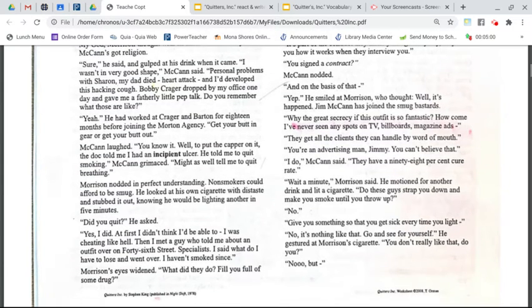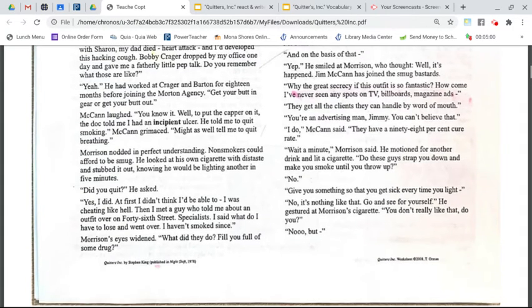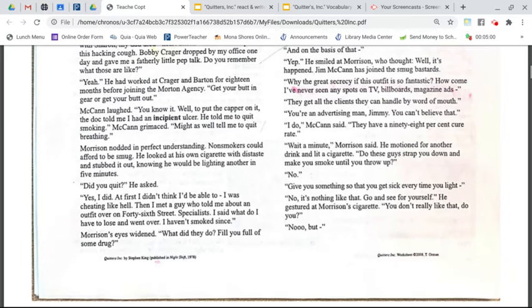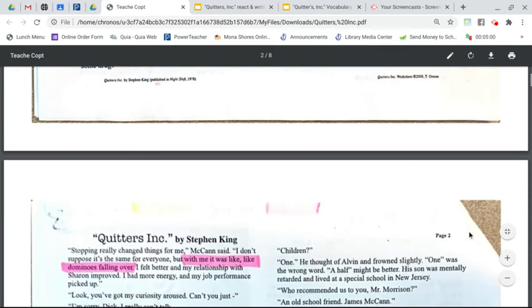Wait a minute, Morrison said. He motioned for another drink and lit a cigarette. Do these guys strap you down and make you smoke until you throw up? No. Give you something so that you get sick every time you light? No, it's nothing like that. Go and see for yourself. He gestured at Morrison's cigarette. You don't really like that, do you? No, but